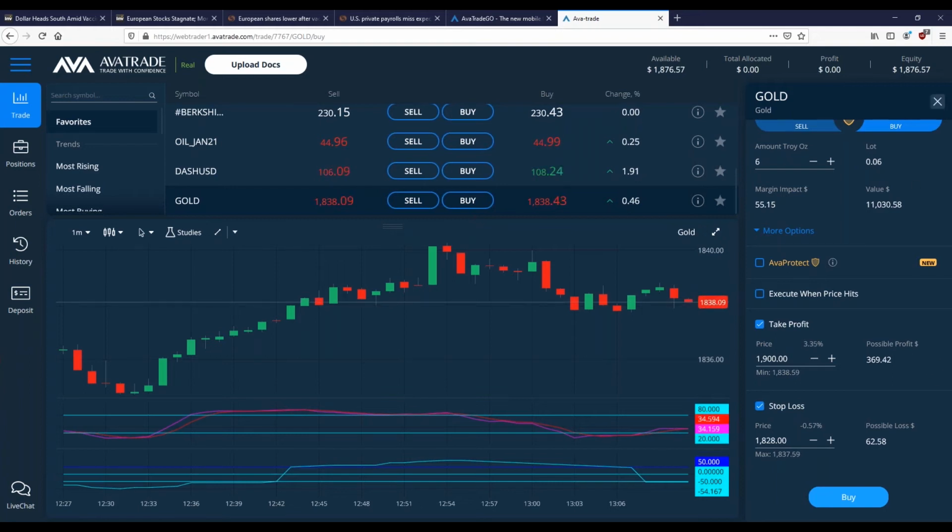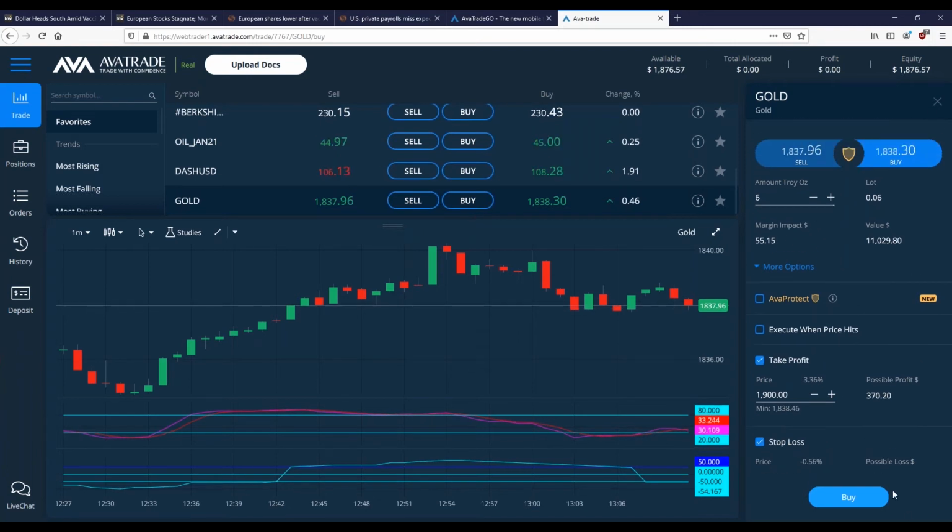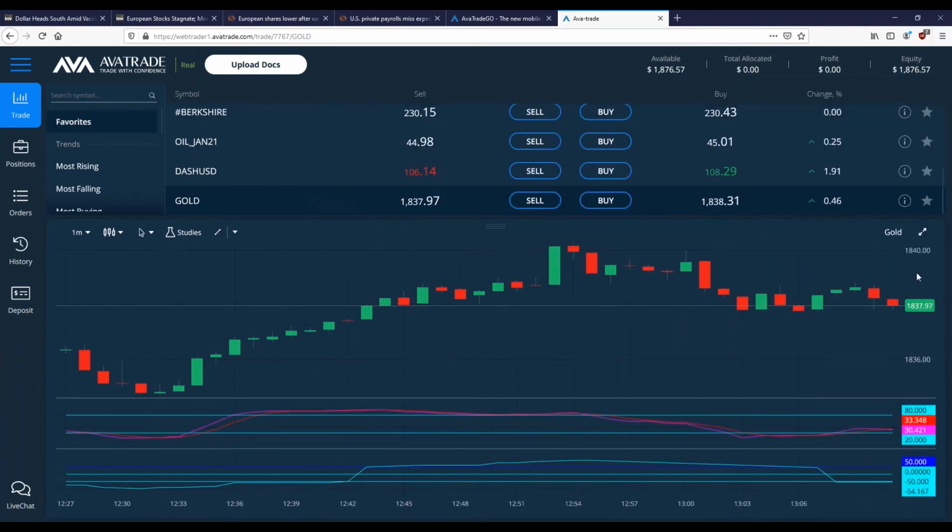But what's nice is this really does a great job, better than the MT4 platform, better than the MT5 platform, of helping you understand your exposure, potential profit and margin impact on your trades before you open them, before I buy or sell. Okay, so very nice feature, or features, I should say.